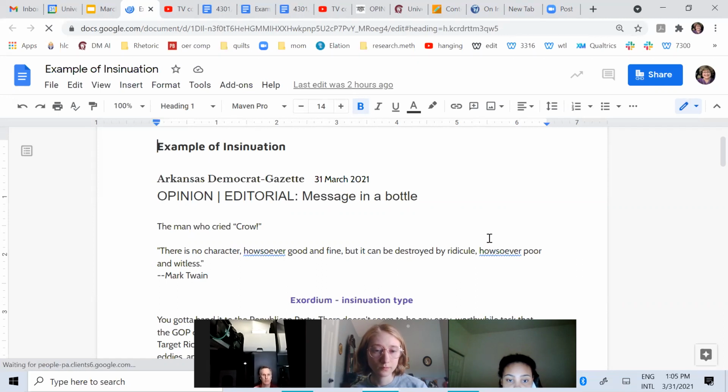And as it turned out, the editorial can be analyzed, broken down into a classical template. So I thought we could take a look at that. What does insinuation mean? Well, basically the point that Cicero makes